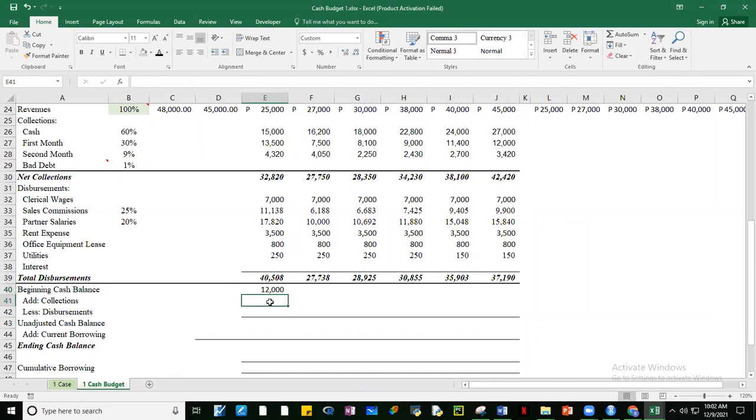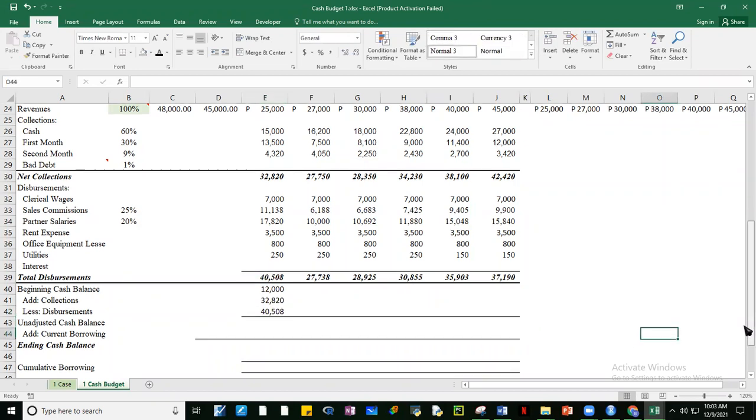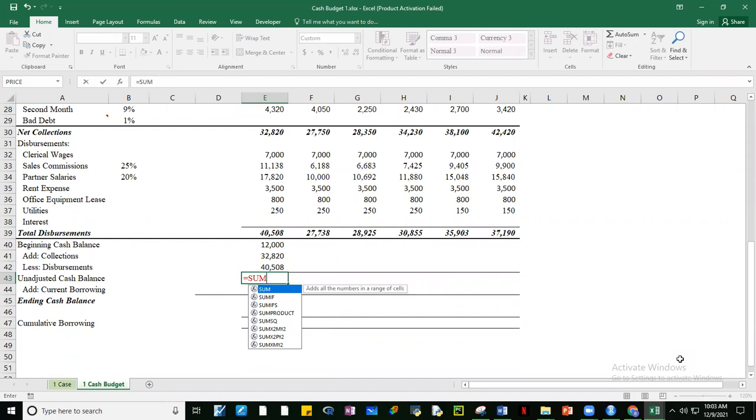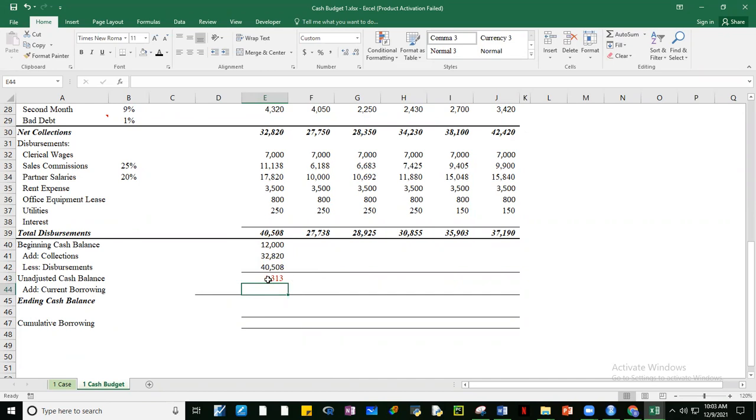Okay, so we're going to add here collections. Collections natin for January is this amount. Disbursements natin is equal to this amount. Right, so ang unadjusted cash balance natin will be equal to, isum natin tong beginning at saka yung collections, okay? And then subtract natin si disbursements. There.